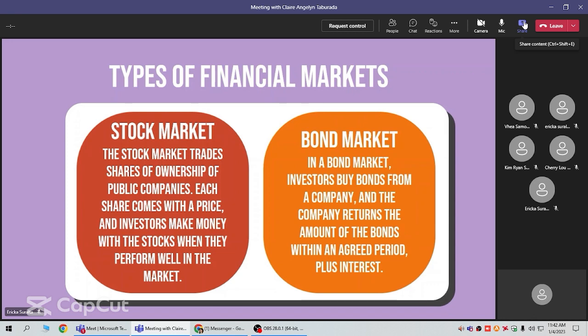Stocks are bought at a cheaper price and are sold at a higher price. So the investors earn from the sale. So the term market refers to several exchanges in which shares of publicly held companies are bought and sold. So in short, this is the way